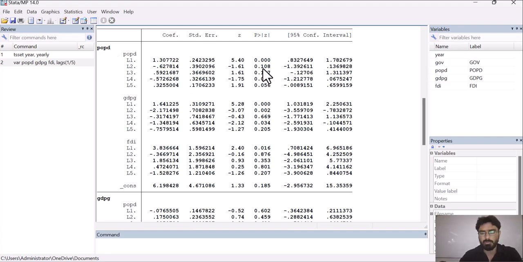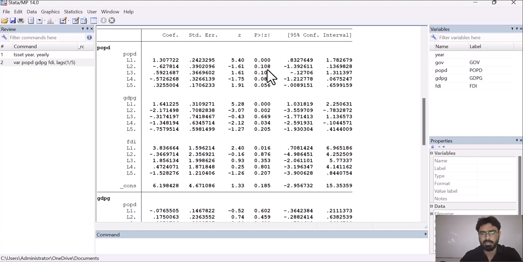Now come to the significance of these variables. If the probability value is less than 0.05, that particular variable is showing a significant impact on the dependent variable. From these results, lag 1 is showing a significant impact on POPD.